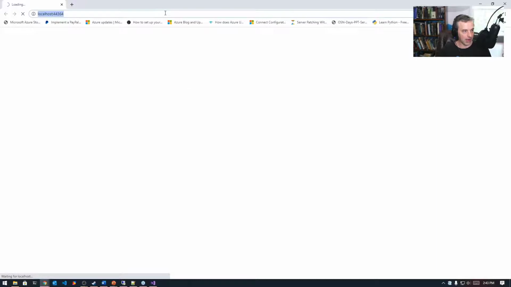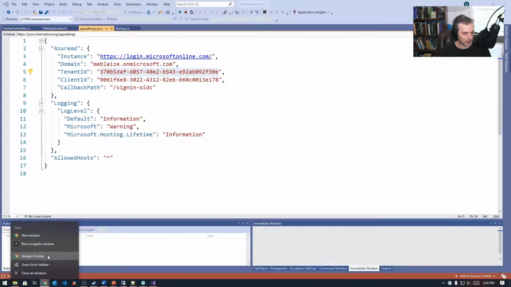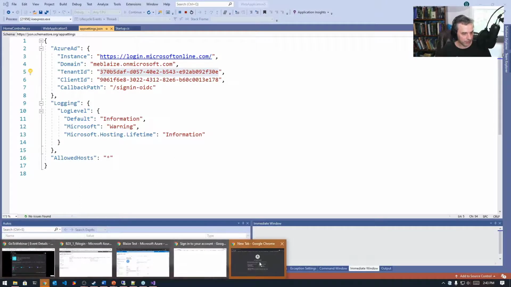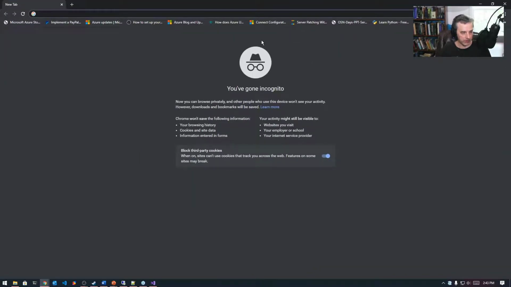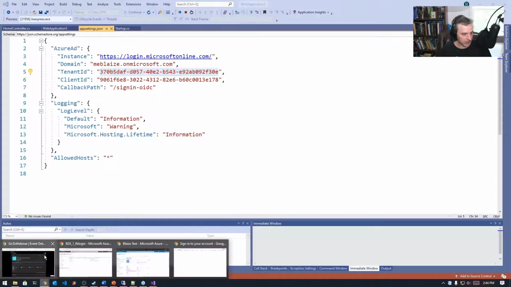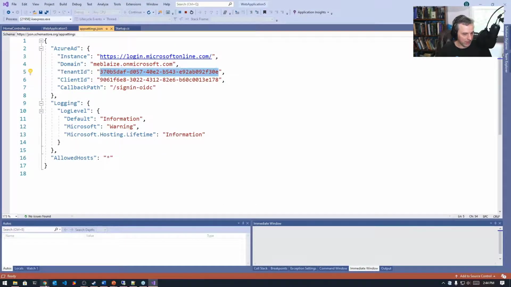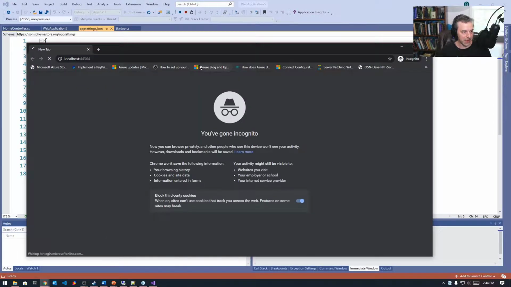I'm going to take this though and launch it in an incognito window, because it's probably going to try to use some kind of cached credentials that I already have logged in. So let me launch a new incognito window here so I don't have any logons that are currently active. And it's already logged on to me as a new user. Let's go ahead and sign out, and let me close that other incognito window over here since I've already logged on with him. Right here, this is my other incognito window. Let me relaunch that new incognito window here, and so it'll wipe those credentials out,